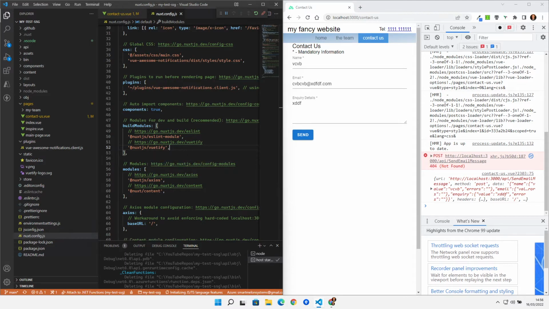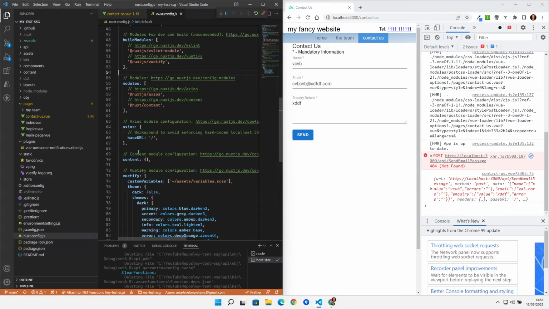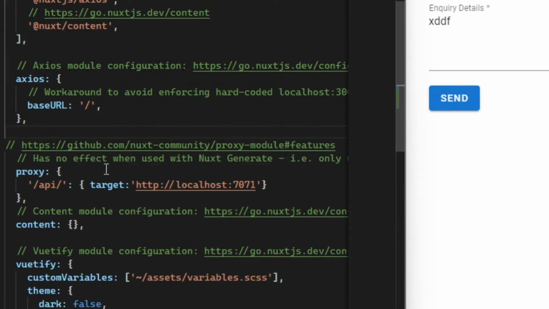So how do we do that? We come down to just under the Axios section. We can add in the proxy section. So I've put a comment in here to say that this doesn't work with Nuxt Generate. So this is only relevant when we're running our site locally. When we actually generate our static site and create all our static files, this proxy has no real relevance at all. This is saying that whenever we get a call to anything on /api/,